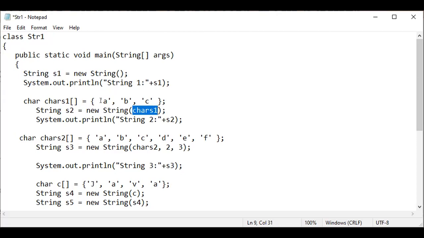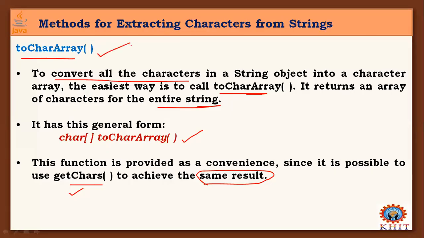This is character array to string conversion. When we extract characters from the string and load them into a character array, the reverse process has to be taken, which is done by the toCharArray method.